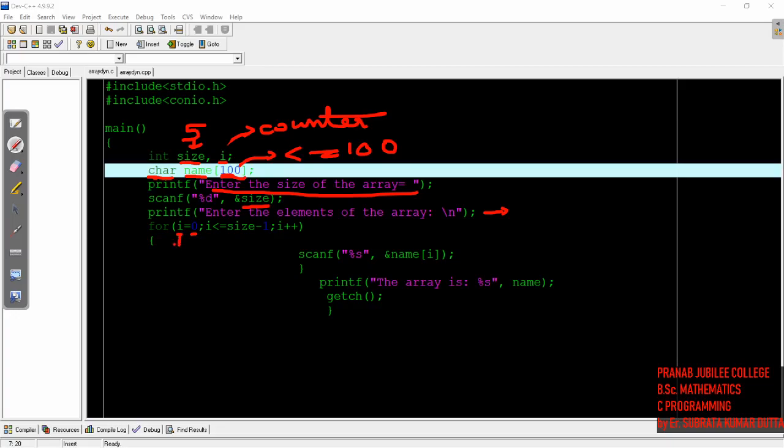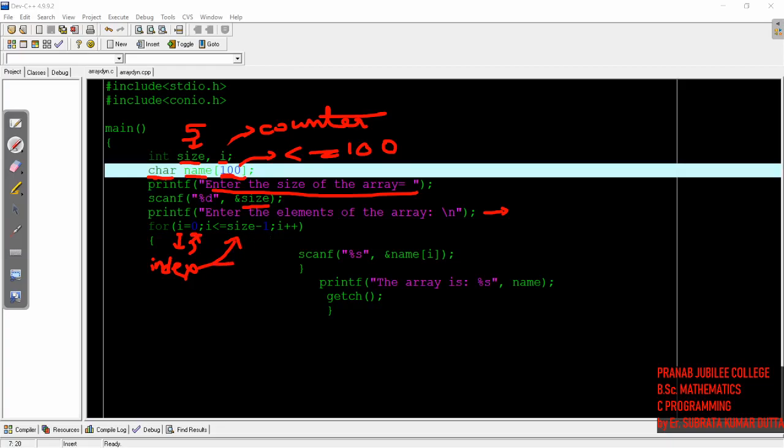Because this i indicates the index value of the array, and the index value always starts from 0. That's why I am initializing the value of i as 0, and the maximum index value will always be size minus 1. So I will start the counter from 0 and it will go up to size minus 1.